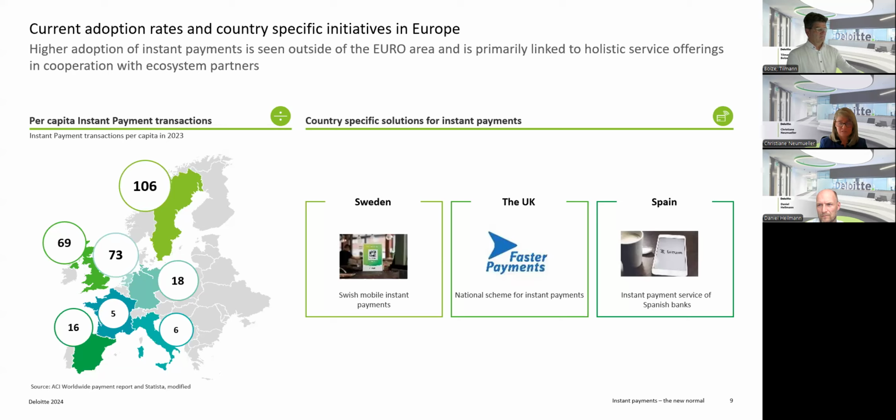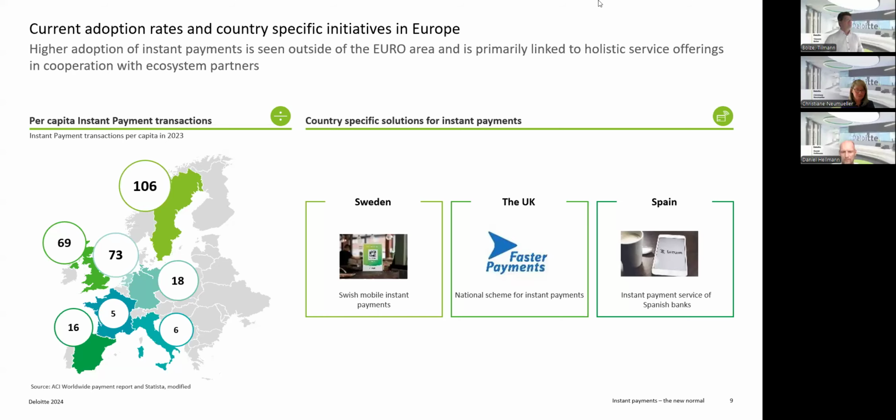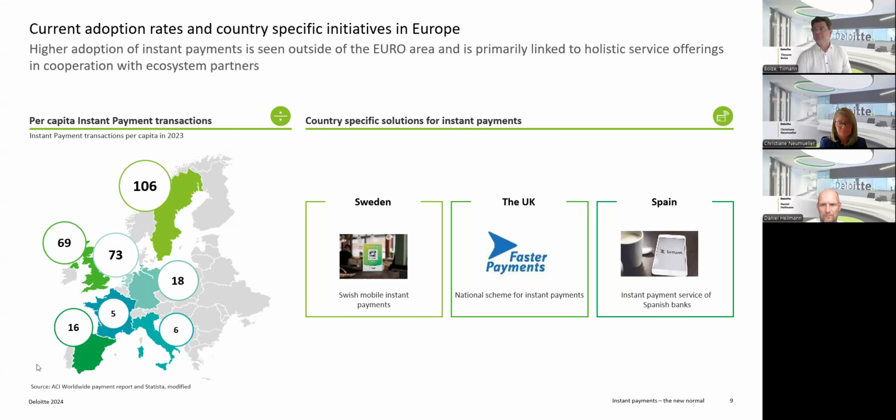And then I was asking myself, okay, are we in Germany on the same stage? Maybe we have a lot of banks, we have a lot of discussions, we have a lot of solutions, we have our Girocard. I know all the discussions are important for sure for Germany. We are one of the biggest. But I think the time is right for instant payment. And when you look at this picture, I can understand also the regulatory requirement from the regulators to say, okay, now it will be mandatory.